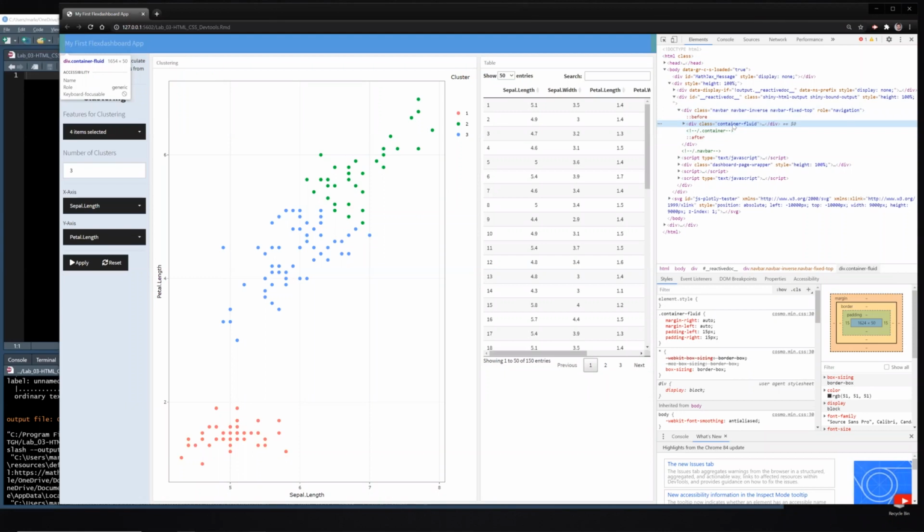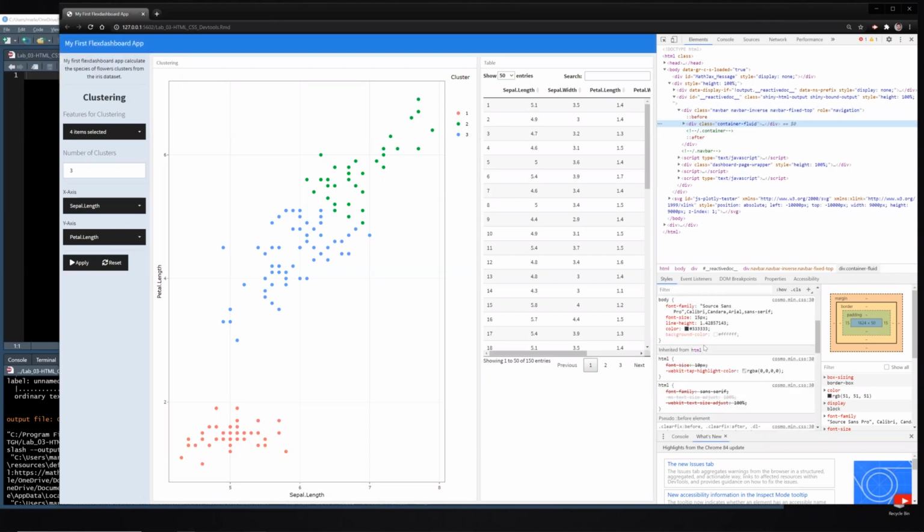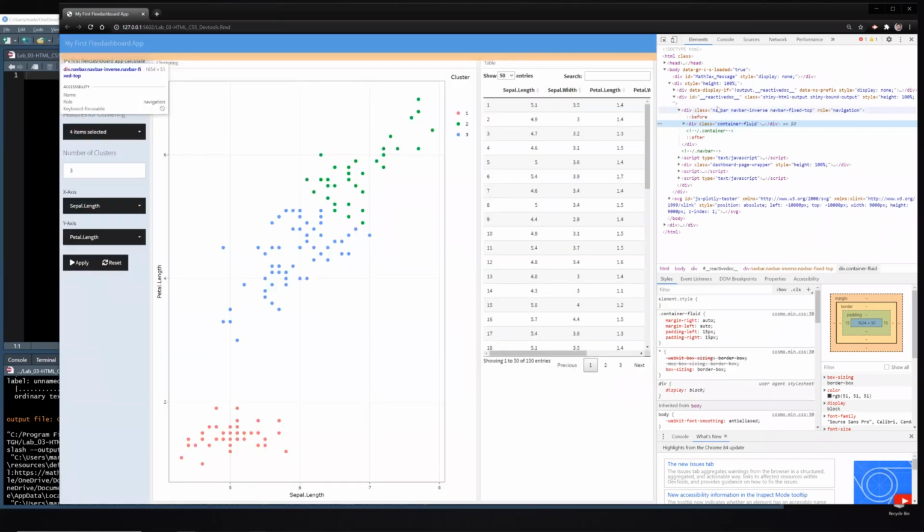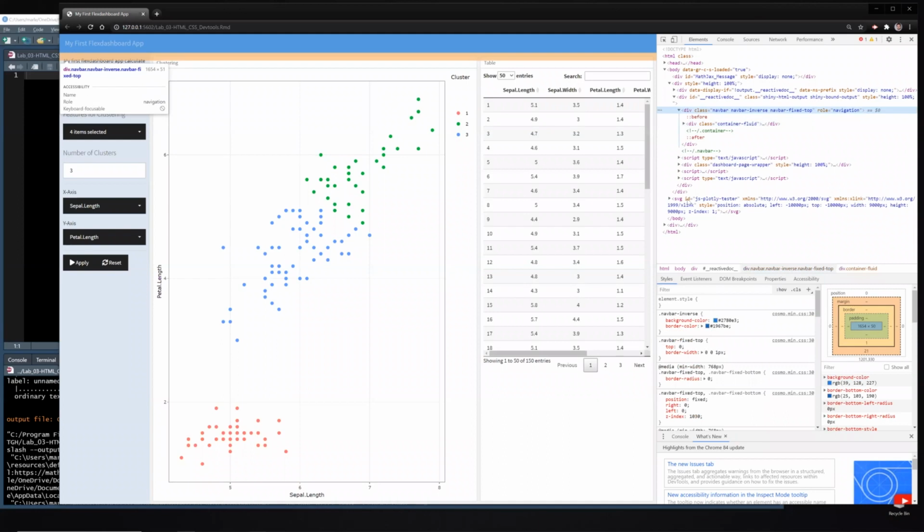So it appears this one, container fluid, but this one is not the one that you want to change for the CSS. It's not here. So you're gonna have to look here for the div, the class navbar. So this is the navigation bar. When you click here, now you have all the colors and all the configuration that are related to this navigation bar. For example, if you want to change the background color in here,